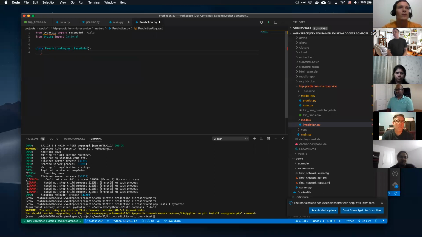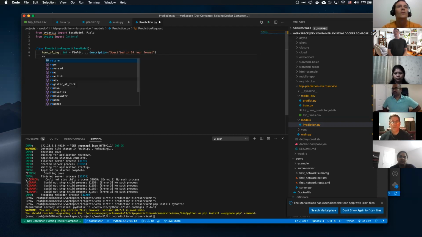And then what do we need? We need hour of day, and that's going to be an integer. And I'll do this as a Field. There's some syntax stuff here. I'm going to look this up. But the reason I'm doing this is so I can define and document, but in code here. And so I'm going to say like specified in 24-hour format.